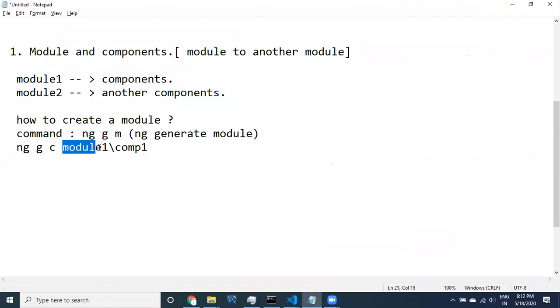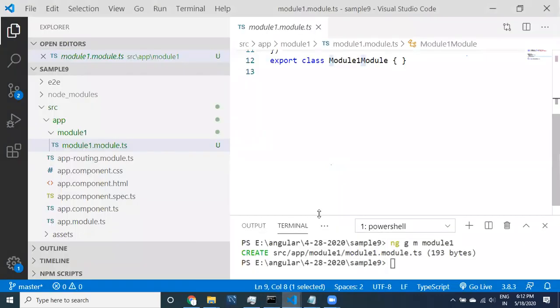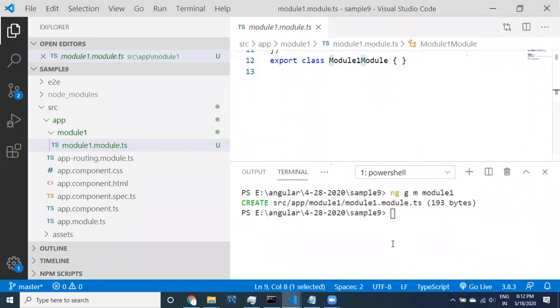Remember this. This is a new thing that you need to understand when you are creating a component inside your own module. ng generate component module 1. Copy this one, or you can go here and issue the command to create the component.